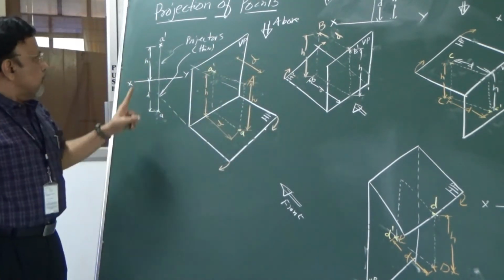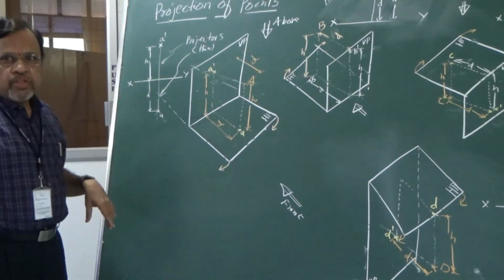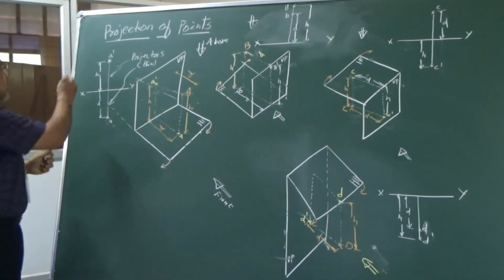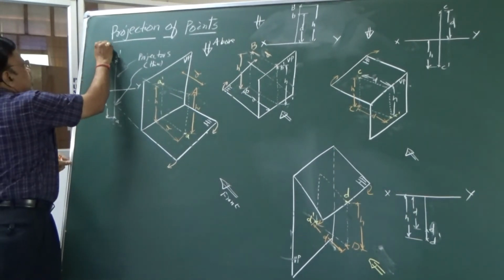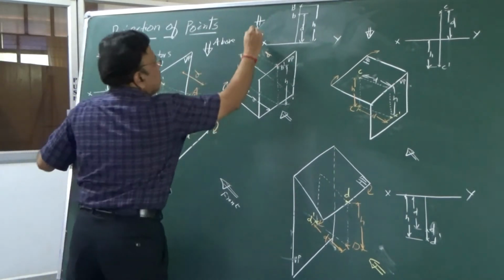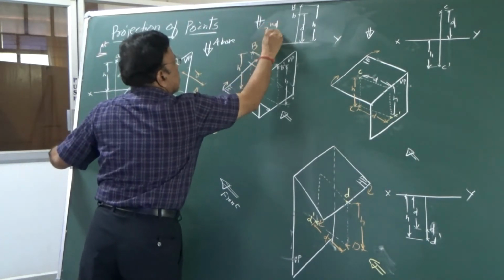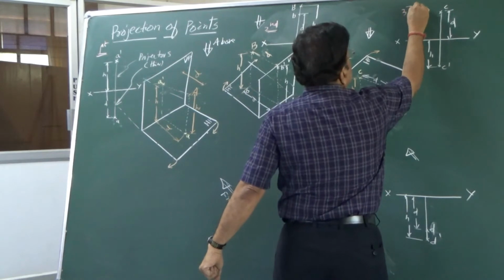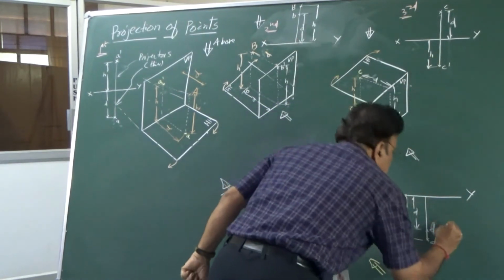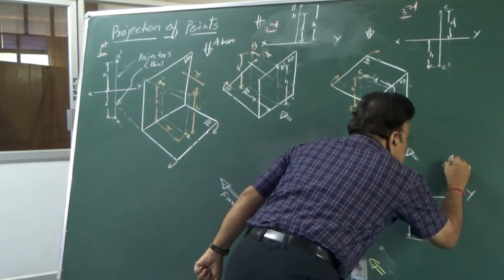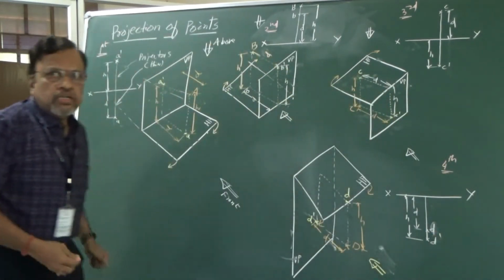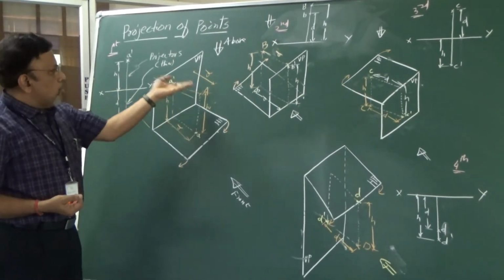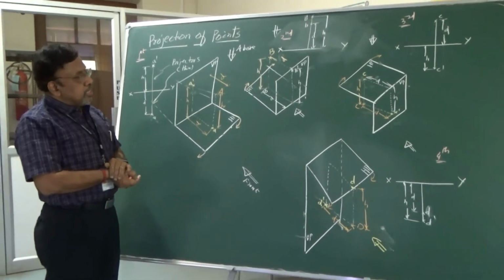Then further, if you just see all these four figures, if I say this is my first quadrant problem, I said this is my first quadrant. Okay. So this is second quadrant. Then I said this is third quadrant. Then I say this is fourth quadrant. Okay. Now, if you just see, if I say point is above HP, so in which cases you will get